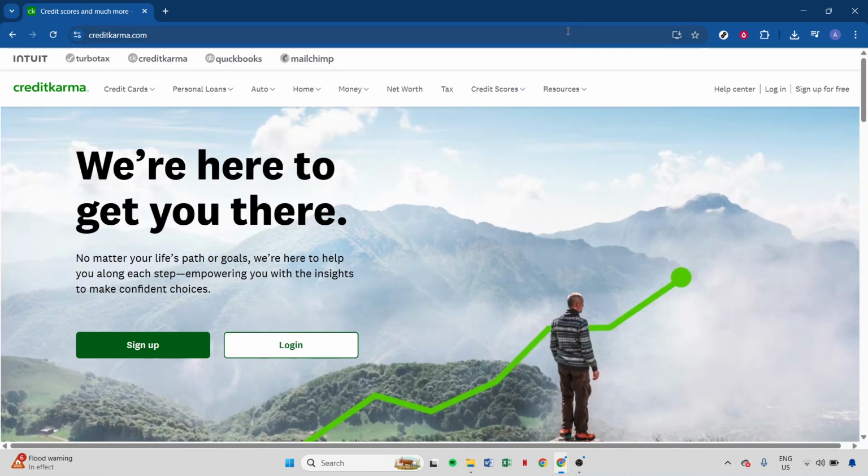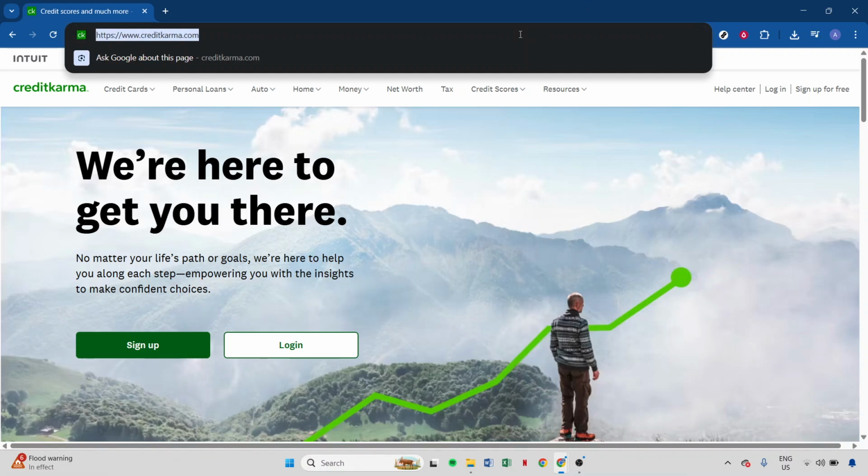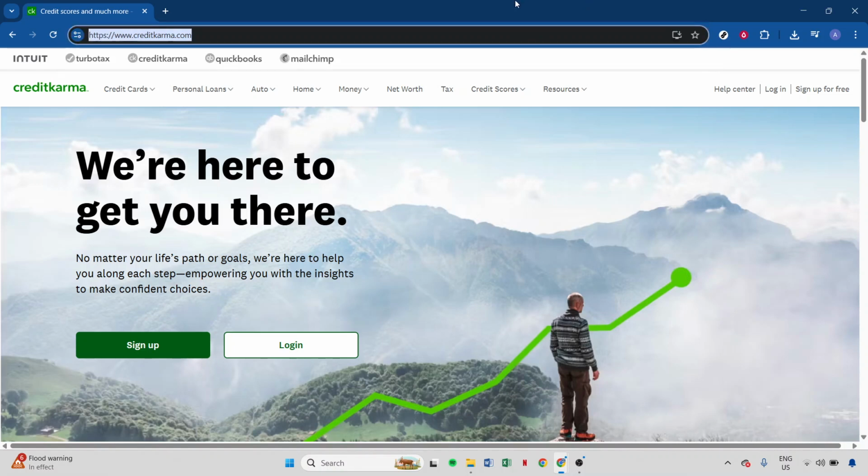Let's get started. First, you're going to need to open a web browser on your computer or mobile device. Once you have your browser open, navigate to the Credit Karma website by typing in www.creditkarma.com in the address bar and pressing enter. This will take you to the home page of Credit Karma. You can also simply search for Credit Karma login in your preferred search engine, and usually the first result will